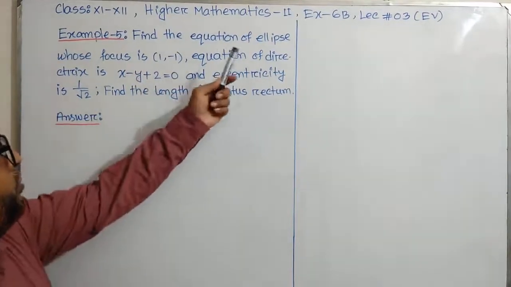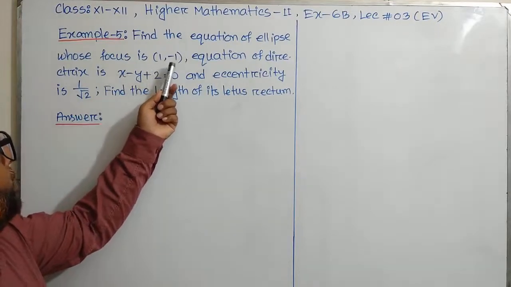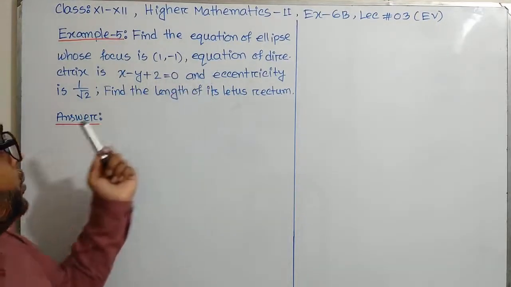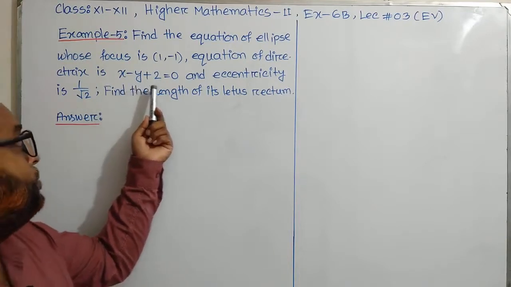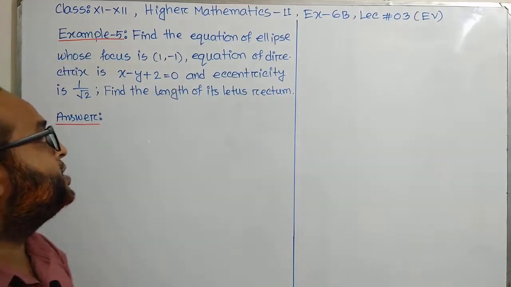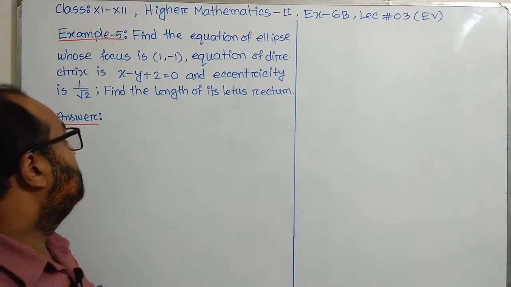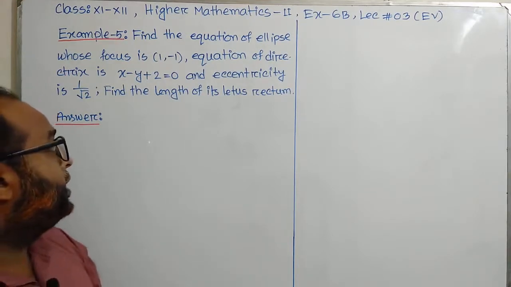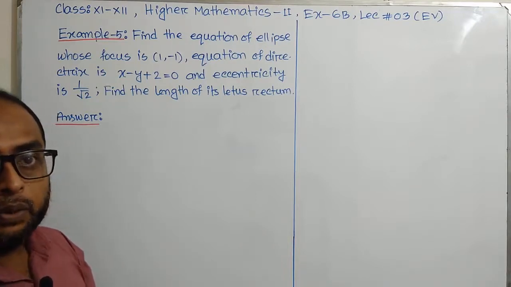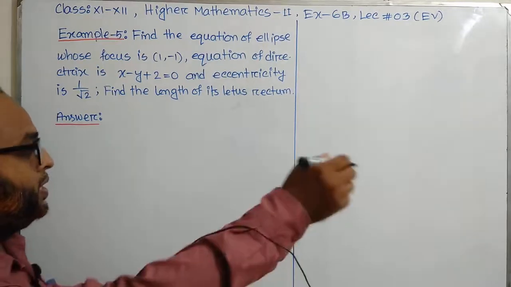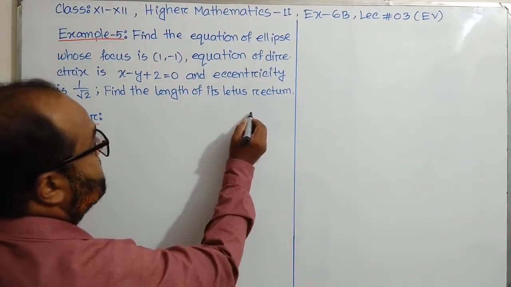Find the equation of ellipse whose focus is (1, -1). Equation of directrix is x - y + 2 = 0 and eccentricity is 1 by root 2. Also we have to find the length of its latus rectum. Okay, let us consider the ellipse is like as